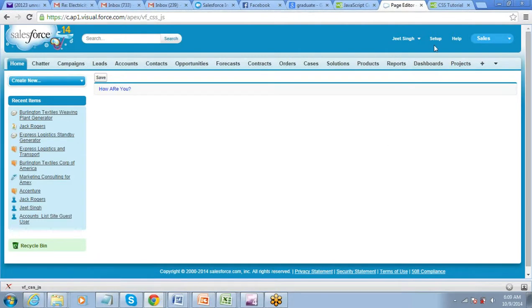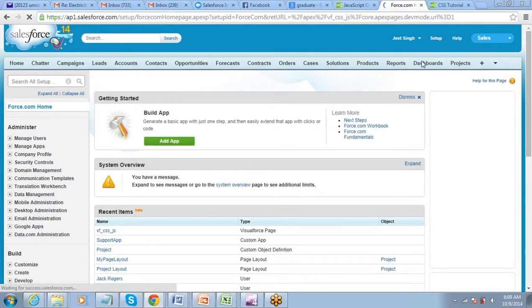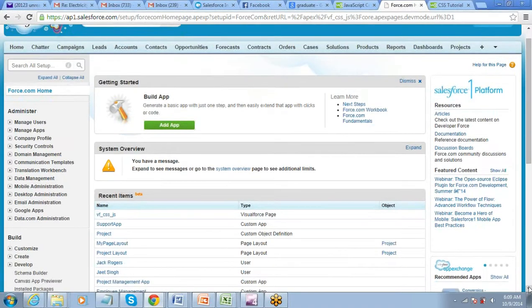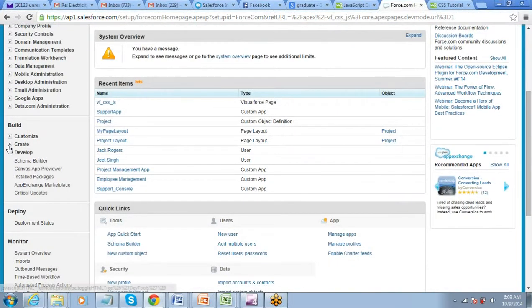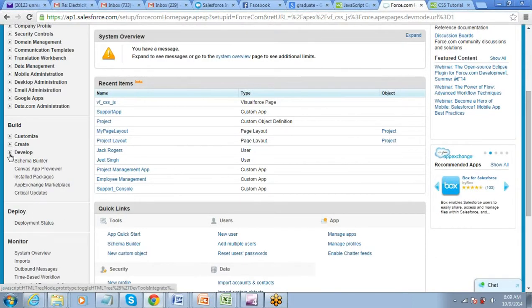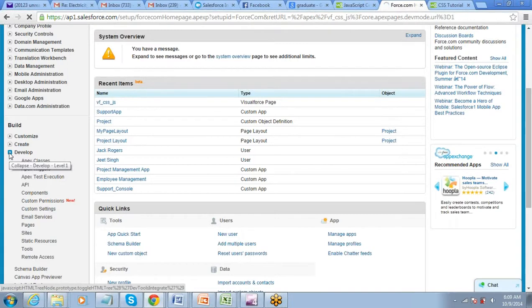Okay, so for static resource, what you have to do, you have to go to setup, just follow this nicely. Go to setup, under create, not create, develop, static resources. Okay, so you need to upload your static resources here.